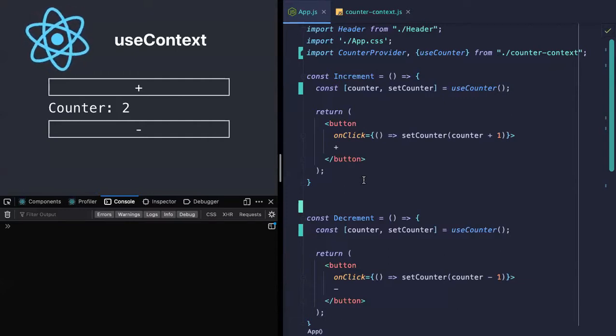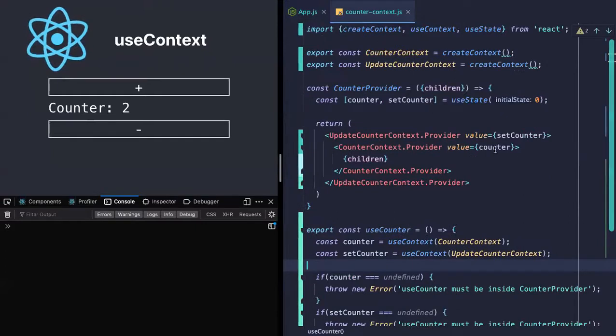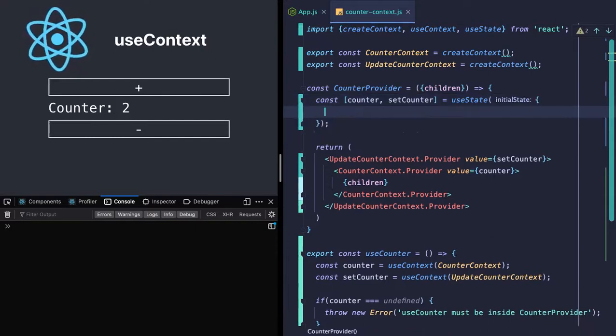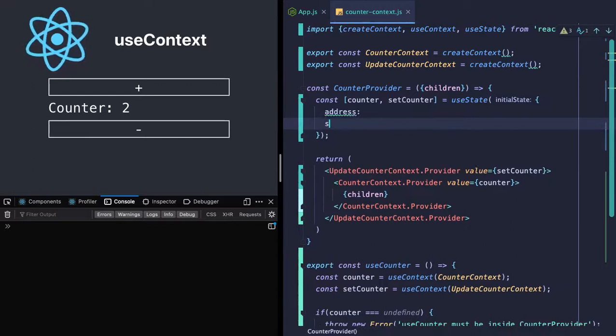Okay, in that case, possibly not always the context would be the right option to go with. In our case of context, we have a simple one state of just a zero. If I'm getting your question right, you wanted a complex object which has, let's say, address, street, and so forth. Is it right? Yeah.